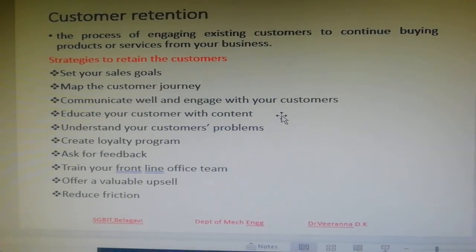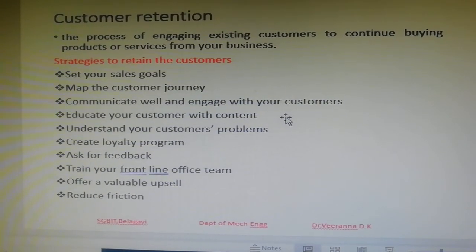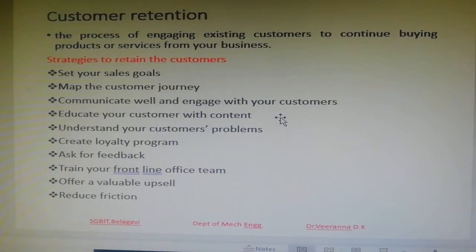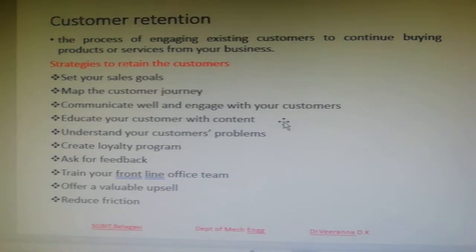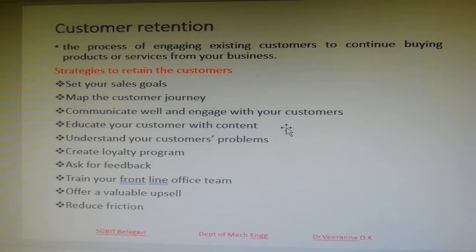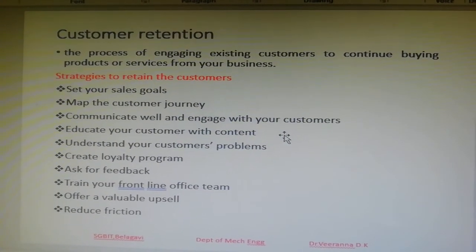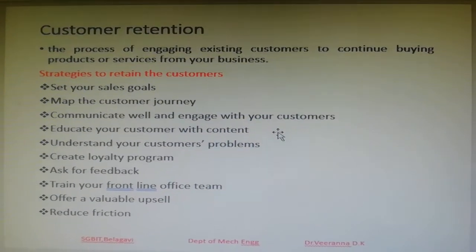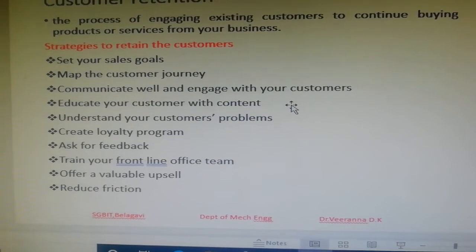Then at the same time, you have to create a loyalty program. That means the customer should be retained for the long term. They can come back, and they can be addressed, and they can be recognized. If you give them some numbers, then they can be addressed. Nowadays whenever you go for any purchase in the markets, the people will ask for your phone number. With that phone number, they can see how frequently you are purchasing. That tracking is to be done. With that, they will identify you with a unique identification number.